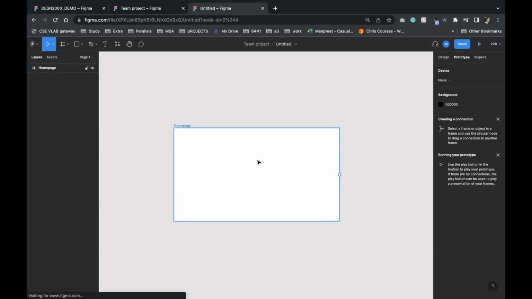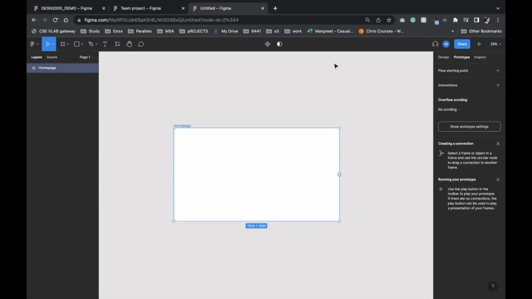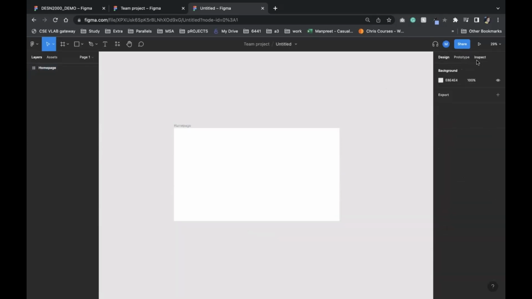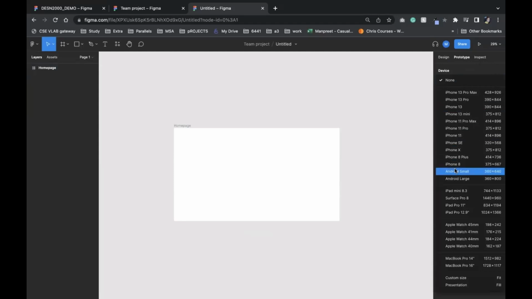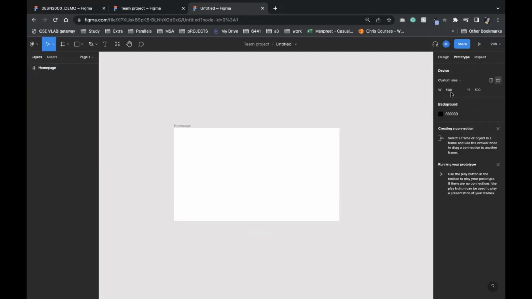So remember I selected over here 1619 for the frame. And it was 1920 by 1080. But when I go to my prototype and I want to create that as my base device size when I'm showing off my prototype, it doesn't have it. So actually what I'll do is I'll head on to custom design. I'm going to do 1920